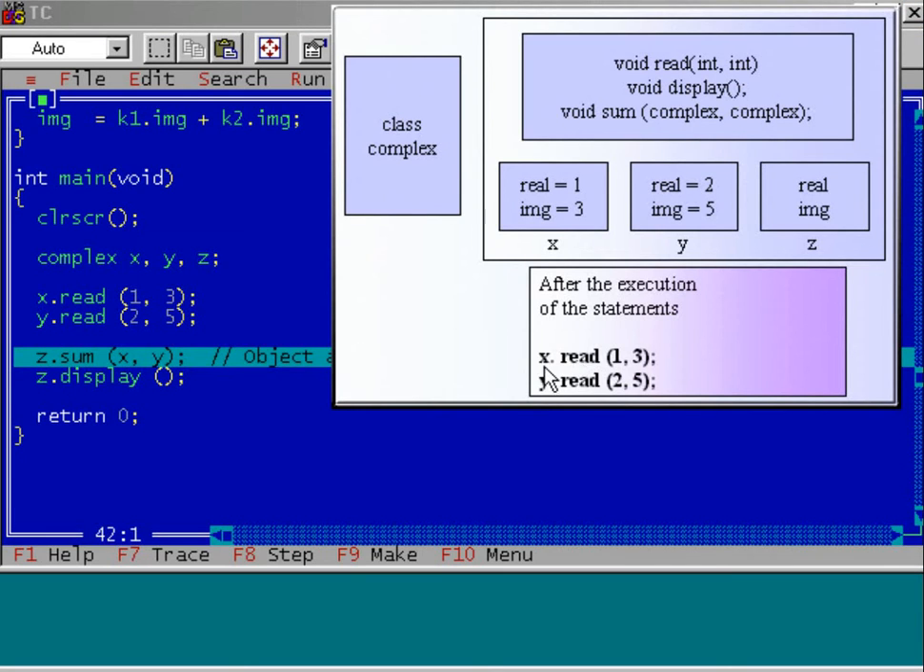When we call the function read using the object x, we have passed two values 1 and 3. This function will access these data members and initialize them with the values 1 and 3. That is why I have written over here real is equal to 1 and img is equal to 3. After calling the read function from the object y, these two data members will be initialized by the values 2 and 5. Is it clear to you? Well,